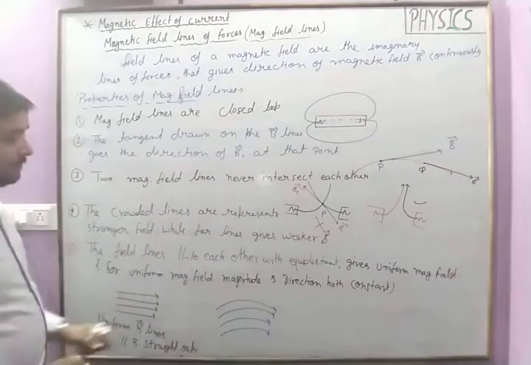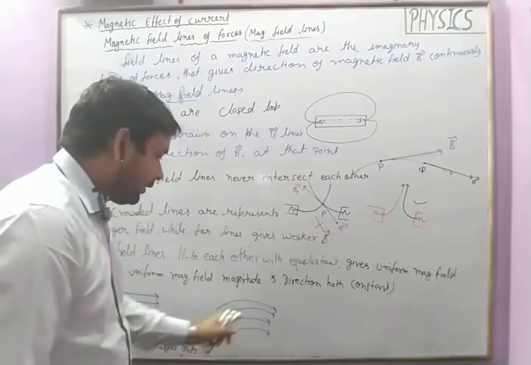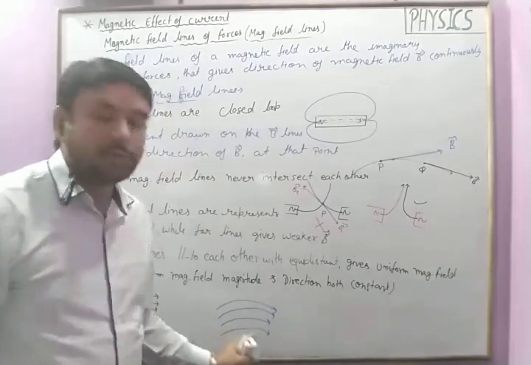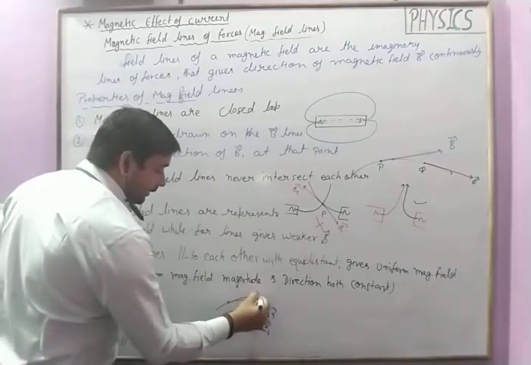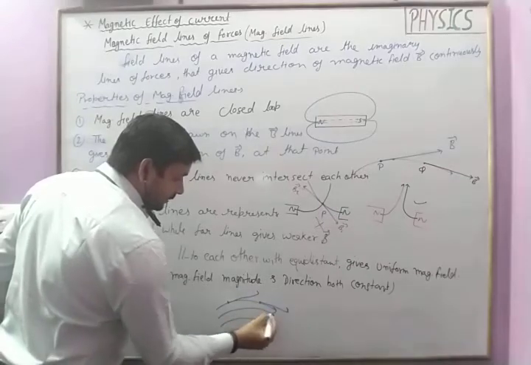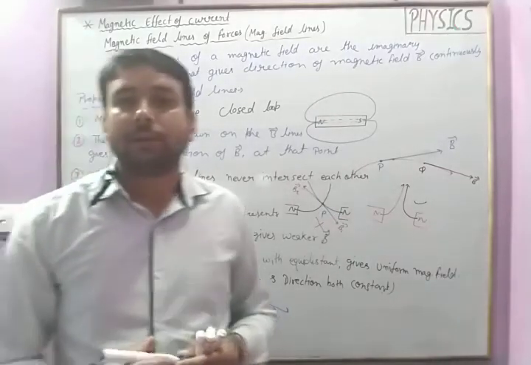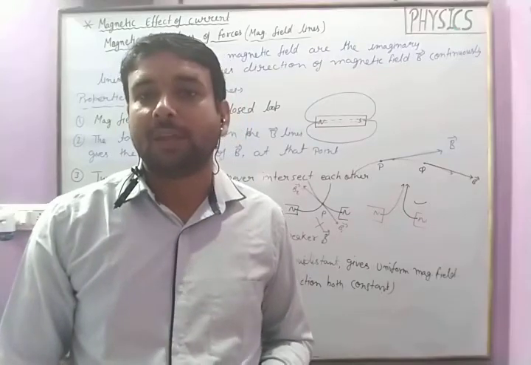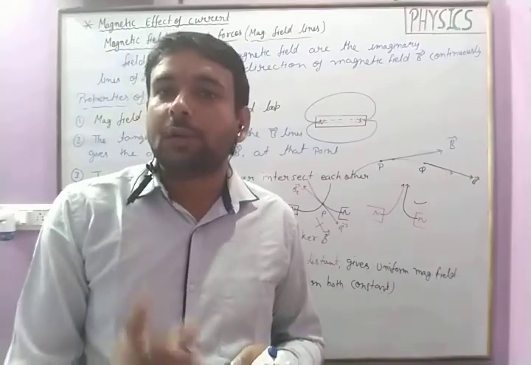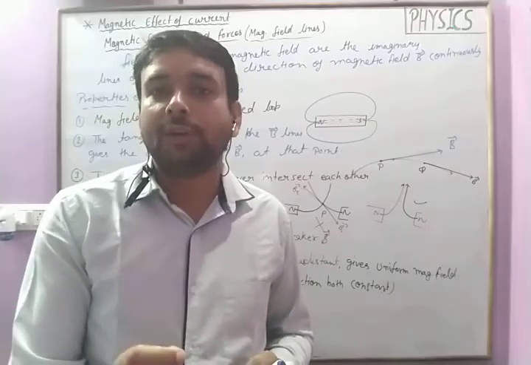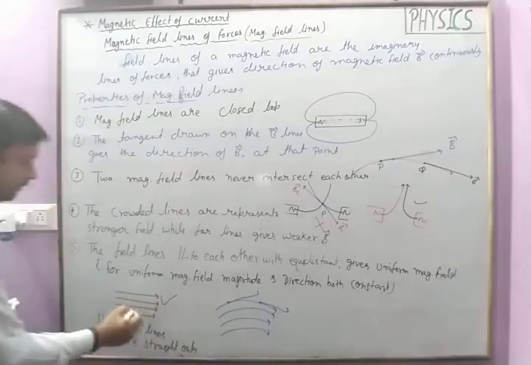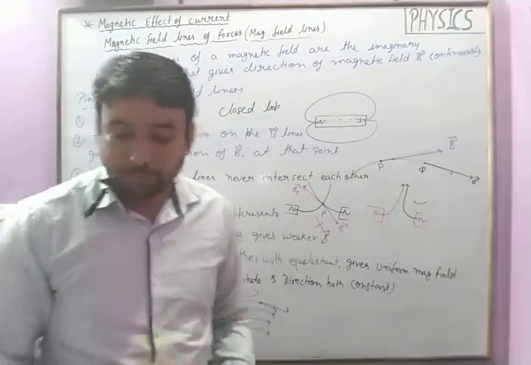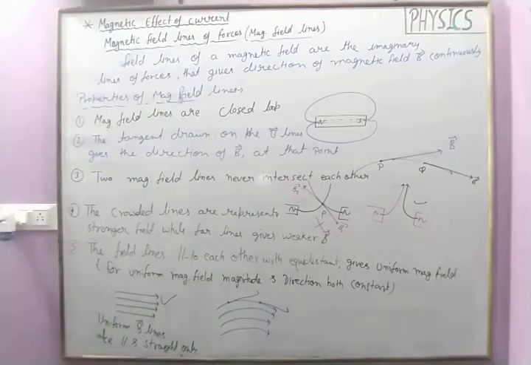okay, parallel lines with equidistance, these lines do not produce a uniform magnetic field, because at every point as you draw a tangent you will observe the tangent gives a different direction. So if direction is not constant and it changes point to point, that field does not give a uniform magnetic field. Uniform magnetic field is only given by straight and parallel equidistant lines. Okay, just copy this, then we will go on to understand the Biot-Savart law.